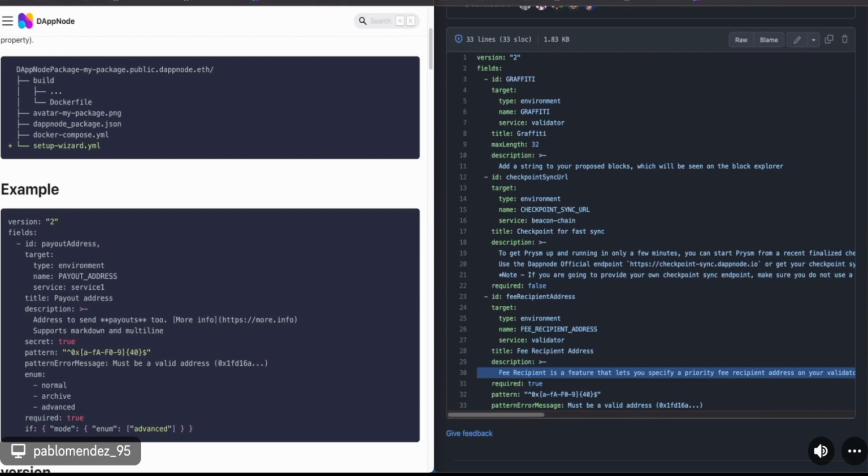So I had to set up a remote context on the Docker CLI that I have on my laptop, so I can remotely connect to the Docker host that is running on the DAppNode node, so I can remove or delete all the running containers and the images that are currently installed on the Docker host, and then run the build command again, so those changes can be reflected.